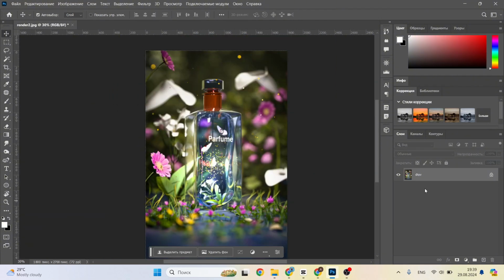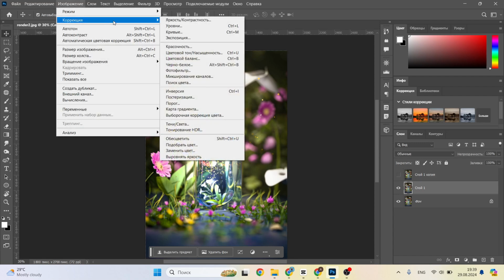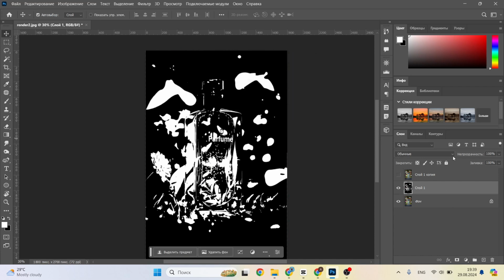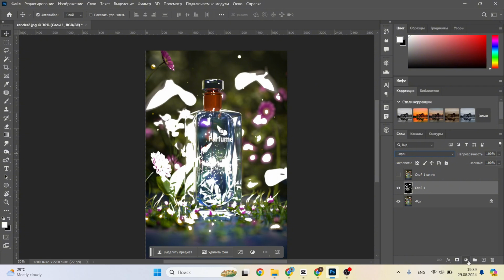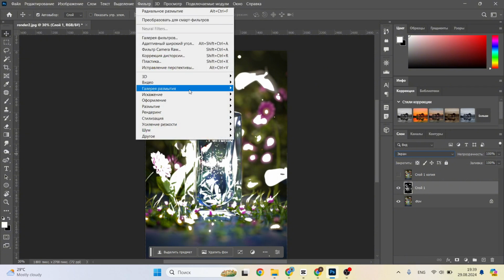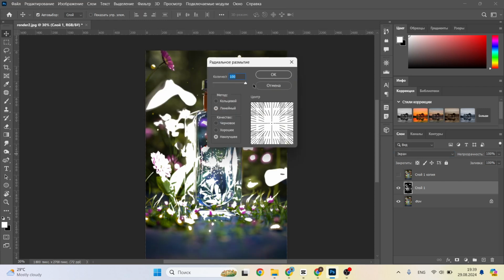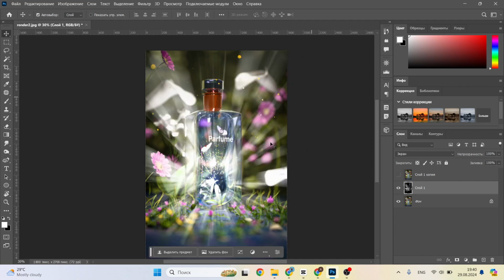I decided to add an effect like sunbeams are breaking out from inside a perfume bottle. So we copy the image twice using the Ctrl-J combination. We select the second layer and go to the image, then correction, then threshold. By default, it is set to 128, that is what we need. We press OK, we switch the layer to screen mode, then we apply the radial blur filter to this layer, we apply the best quality, set quantity to maximum, method is linear, now we set the place from which the rays will descend and I press OK.